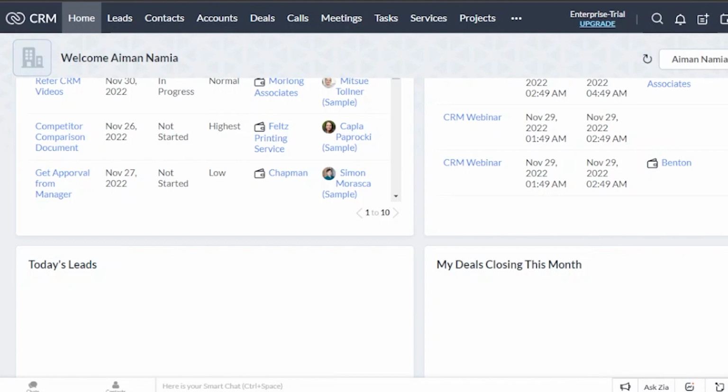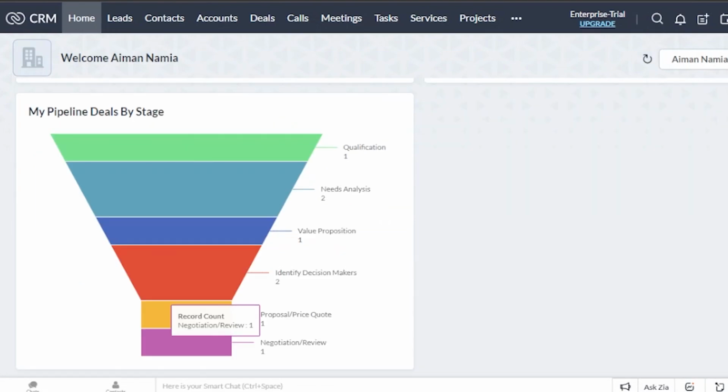You can see all of these right here. Then you have my pipeline deals and stage, and this is going to be right here, and you can see everything from this specific pipeline. This qualification, this is need analysis, value proposition, identify decision makers, proposal and negotiations. You can review all of that from this specific pipeline, and it is very easy to keep an eye on